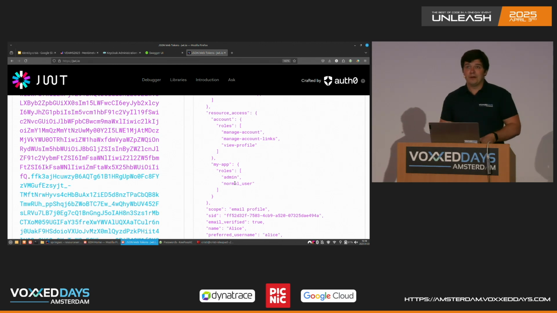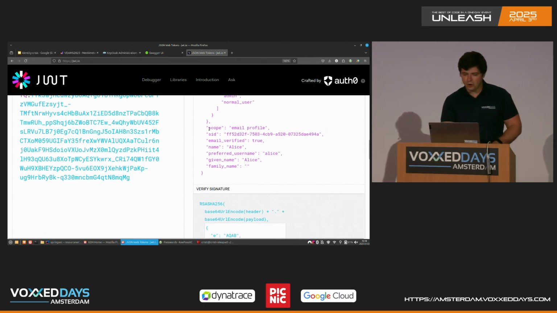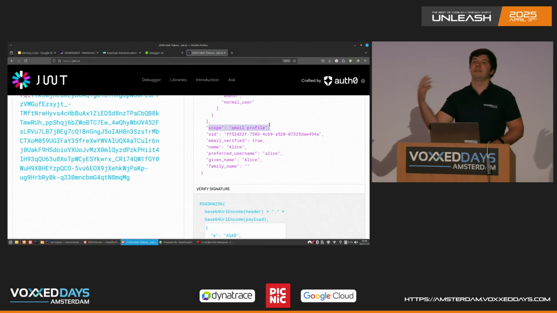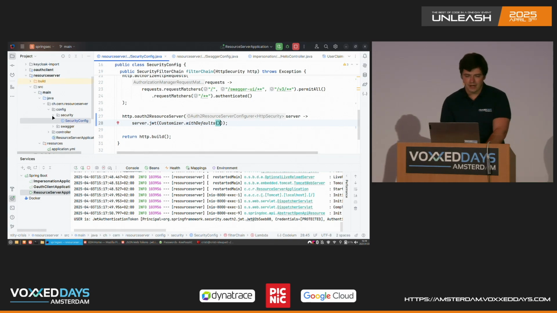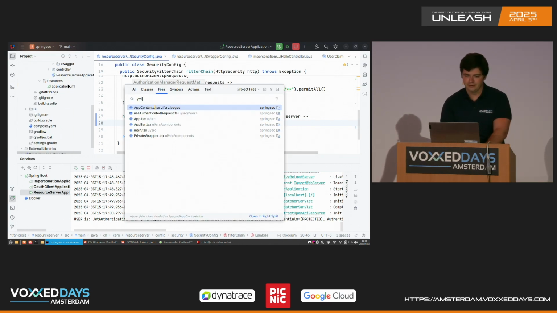Spring Security doesn't know by default that the roles are there. Spring Security assumes that scope is actually my authorities, right? Like, what am I allowed to do? So this is not very useful in my situation. We're going to see how we can configure that in just a minute. Now, coming back to the YAML of the OAuth client,